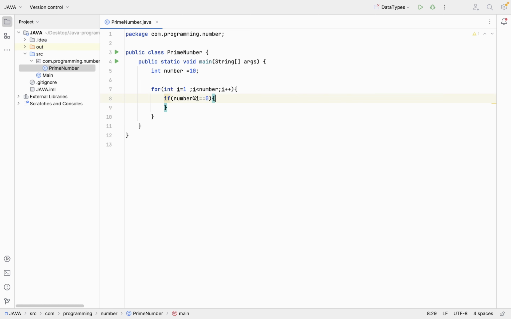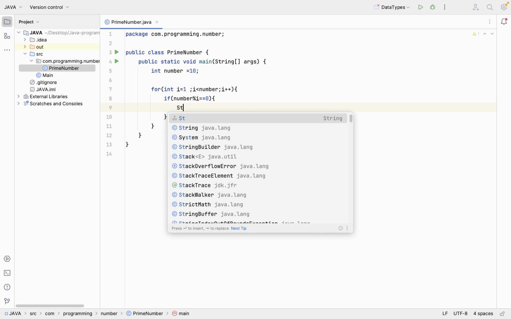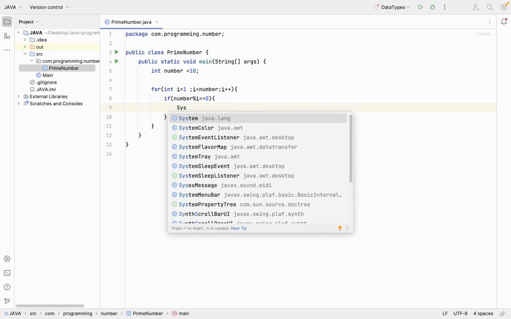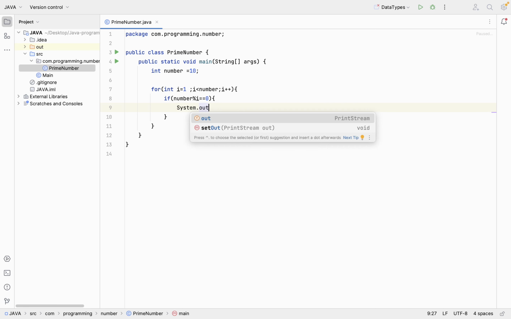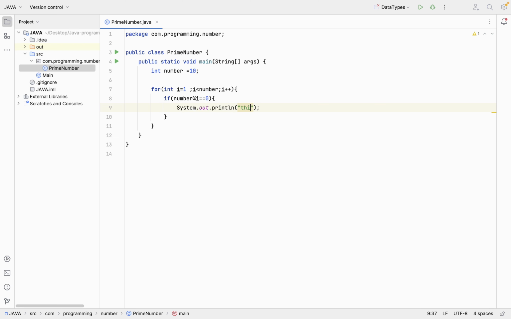Let me give you something like System.out.println, but System.out.println is not the right way here, but no worries, I will explain. So here we can simply say this is not a prime number, right? But every time it will iterate.